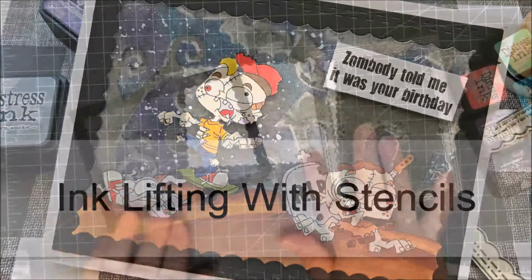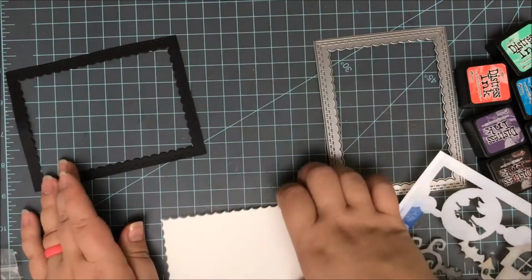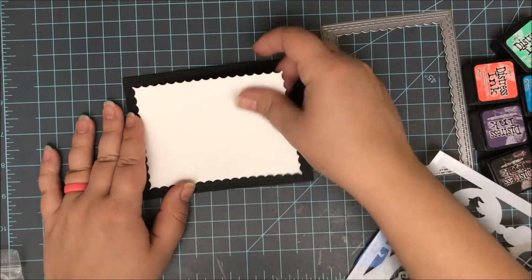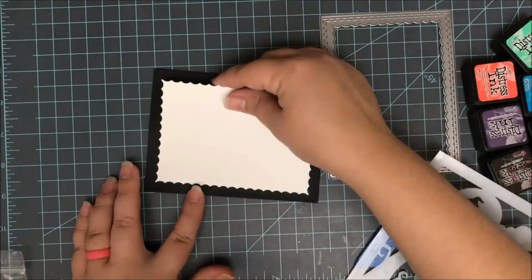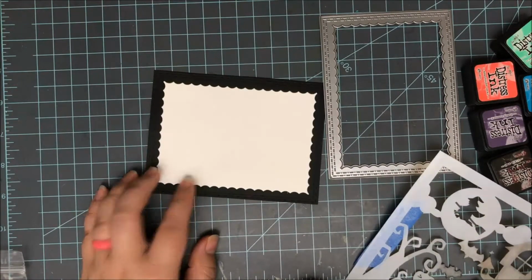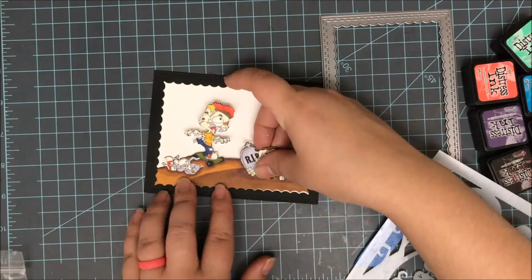So the first thing I did was I used the large inside scalloped rectangle die to do some die cutting. This is where I'm going to make my scene. So I die cut a piece of black cardstock and I'm going to use the outer portion for my frame. And then I die cut the same die with a piece of white cardstock, and I will be using that